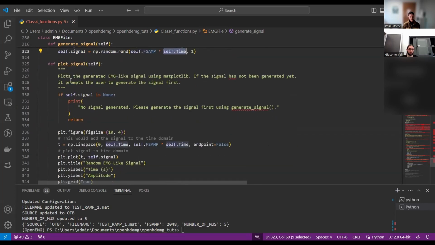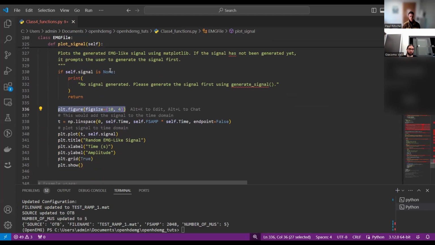And then we plot it simply using matplotlib, as you've already done before, I guess last time, with defining a figure. This one here is not strictly necessary. It just plots it to the time domain. Otherwise, it would just be the frequency. But it's not necessary. And then we can plot it. When we run it,